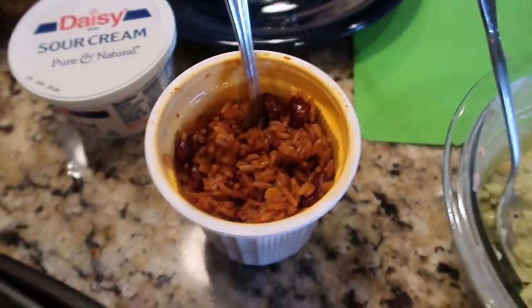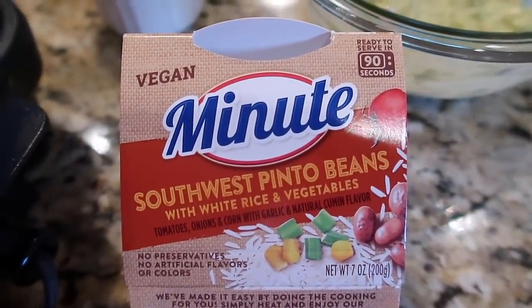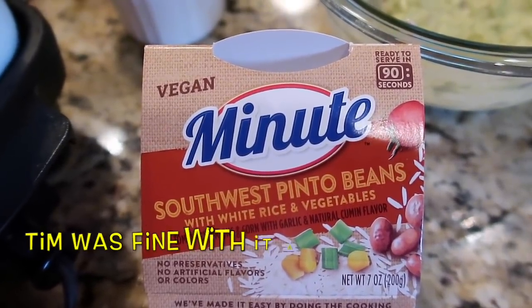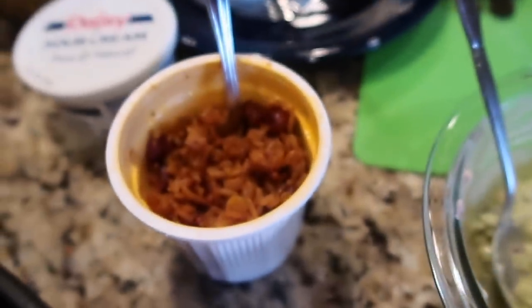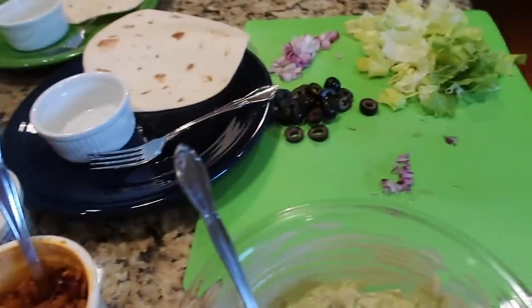Instead of making rice, I had this. It was either one of the Kroger Free Friday downloads a while ago, or actually I think it was something I got free after rebate from Ibotta. I don't have a lot of hope for it, but it was something in the pantry that needs to be used. It took 90 seconds in the microwave. So we've got some little rice and beans, all the fixings, tortillas, chips to go with the guacamole, and we will make chicken soft